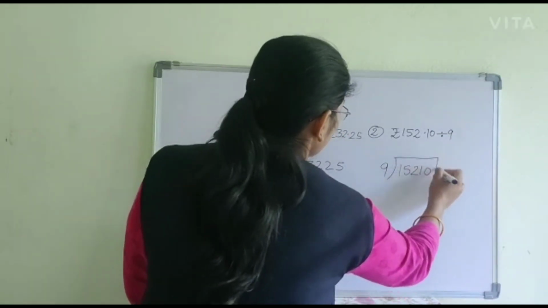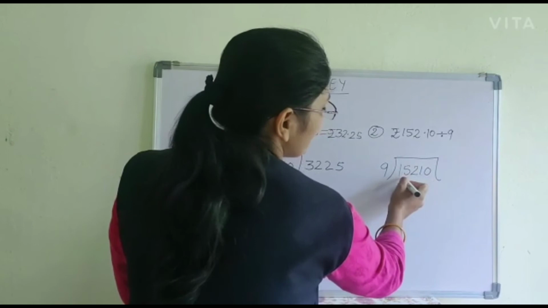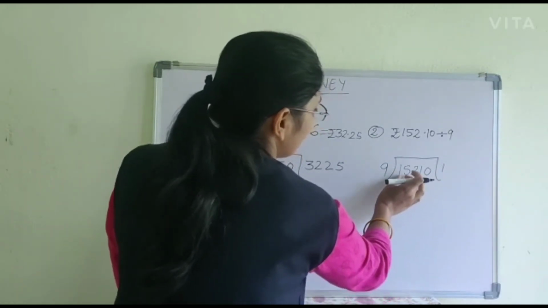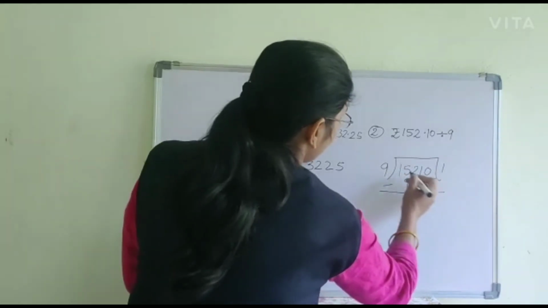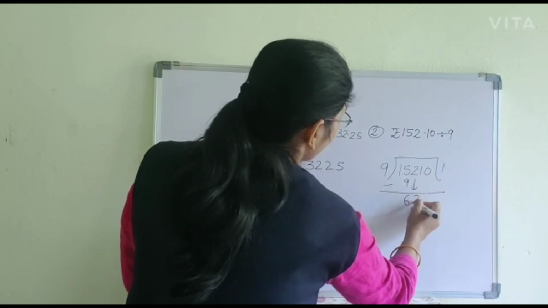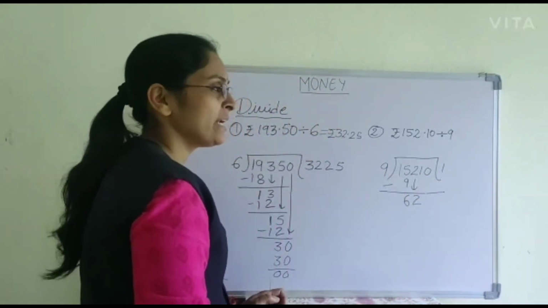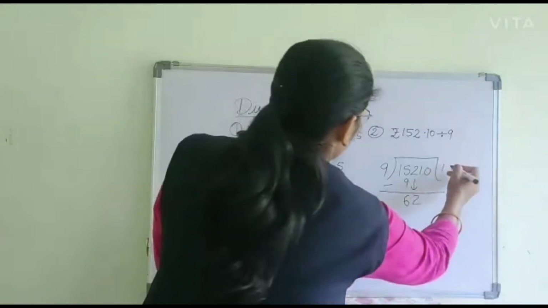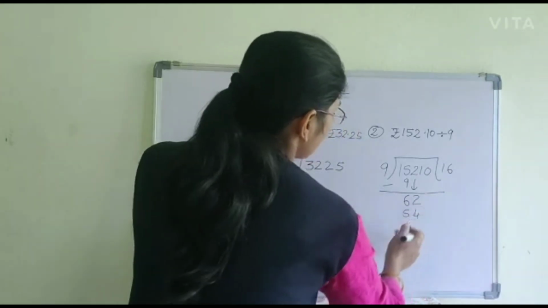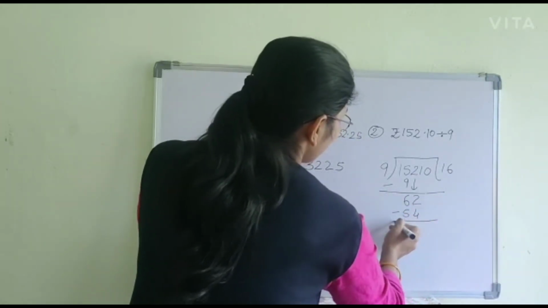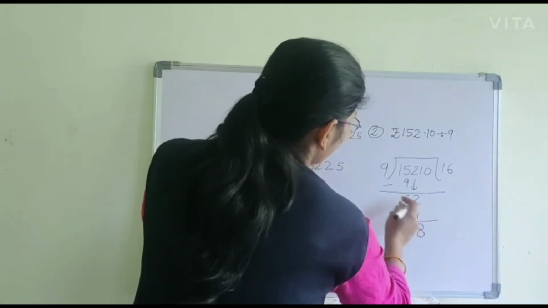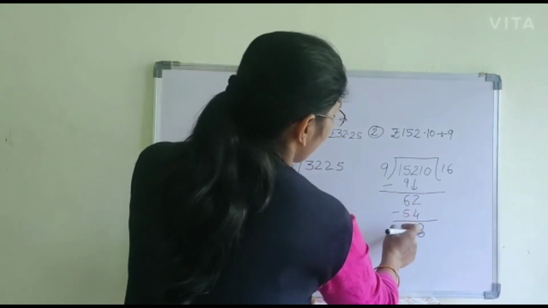So divide it by using table of 9. So this 15, we have to take this 15. So 9 1s are 9. Write 9 below 5 because I have taken these 2 digits. Subtract it. 15 minus 9 is 6. Now next is 2. Now this is 62 divided by 9. So how many times? 9 6s are 54. Or 9 7s are 63. So 63 is greater. So 54. Subtract it. Now 12 minus 4 is 8. And this one 5. 5 minus 5 is 0.